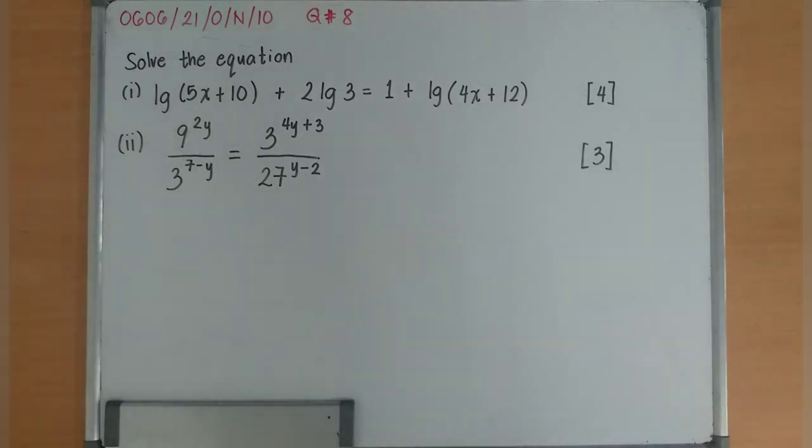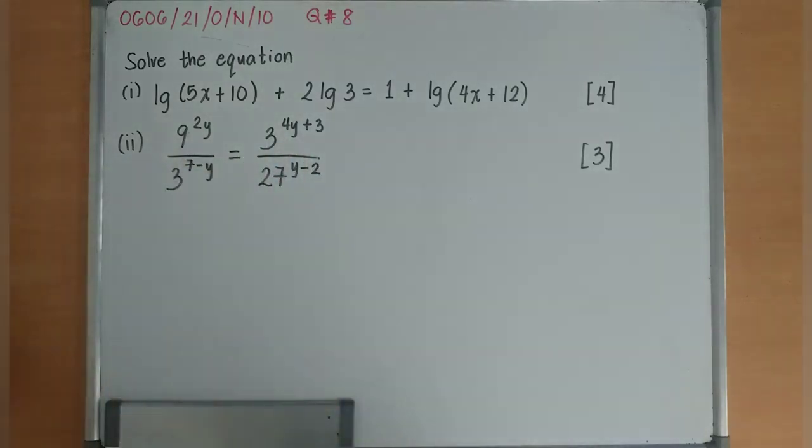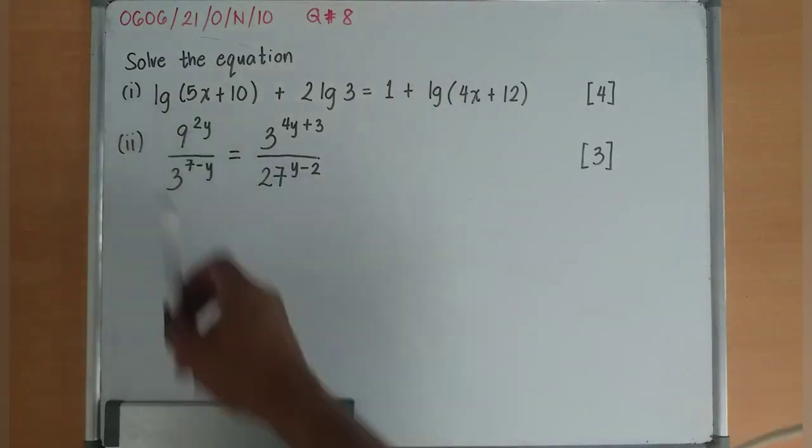I'll discuss Additional Mathematics IGCSE Paper 2 Variant 1, October/November 2010, question number 8. These questions are all about solving logarithmic and exponential equations, or we can also say that this is an equation about indices. Okay, so for the first question, since it's logarithm, remember LG means